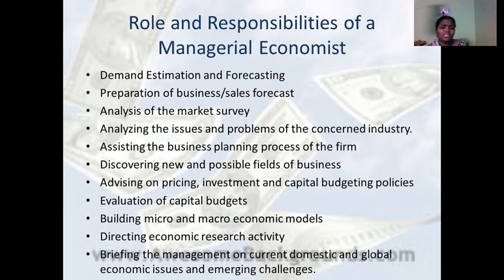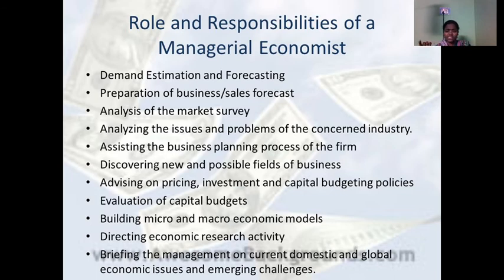And the next one is discovering new and possible fields of business. Now our business is going smoothly, otherwise we are facing a problem. We have to discover, identify, invent a new business. Which is suitable for us? The business already exists, but is that business suitable for us or not? Discovering new possible fields of business is very important. And the next one is